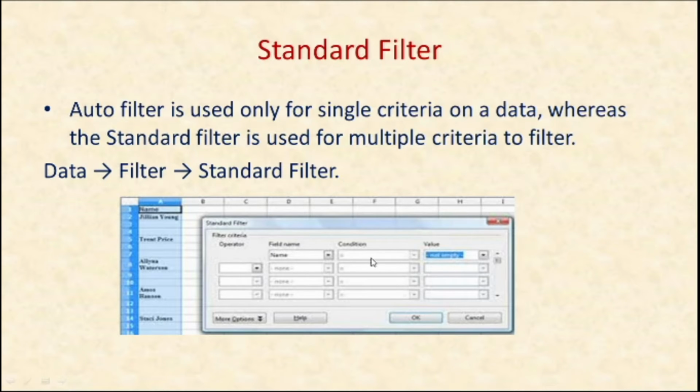You can set the condition, that is group code equal to, and the value specified as 1 or 2. Only the records which match this criteria will display on the screen. So this is called a standard filter. We will study about this in the demo.